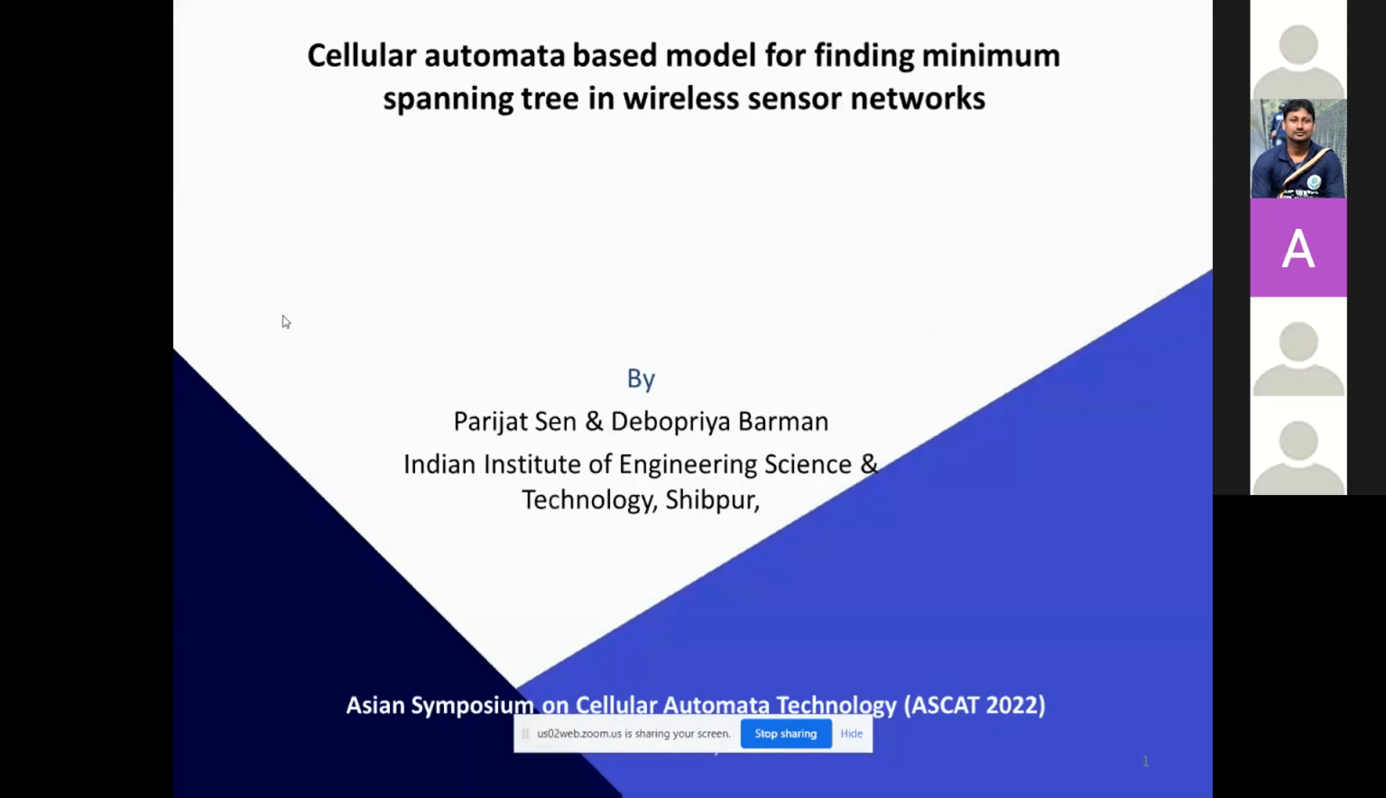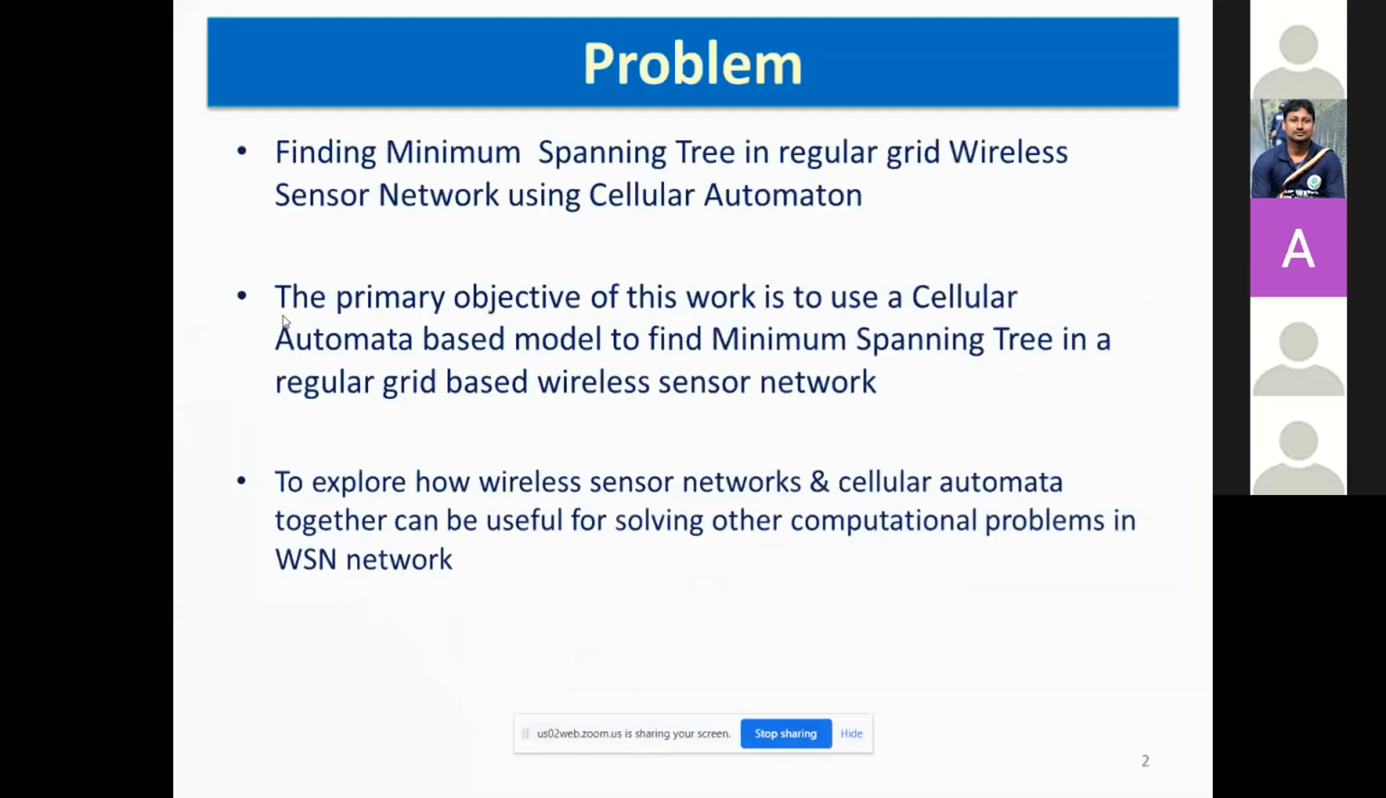Today we are going to talk about our work, a cellular automaton based model for finding the minimum spanning tree in wireless sensor networks, as it is written in the title itself. So what is the main problem we are trying to work on in this project? As we are aware in this conference, cellular automata are used in various sectors of computation and various computational problems are solved. Now we are trying to check whether a common computational problem like minimum spanning tree can also be solved in